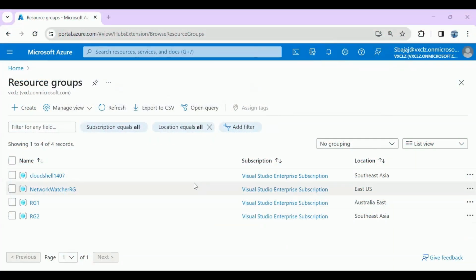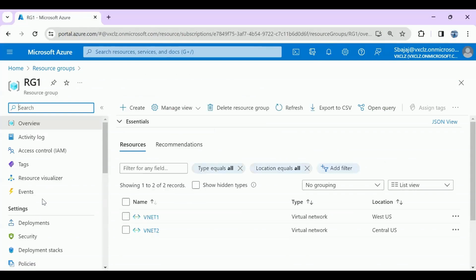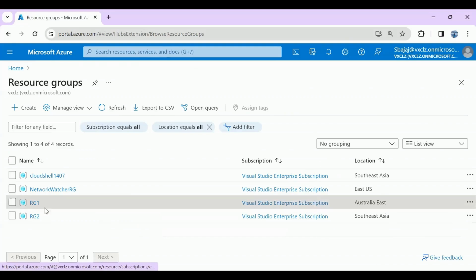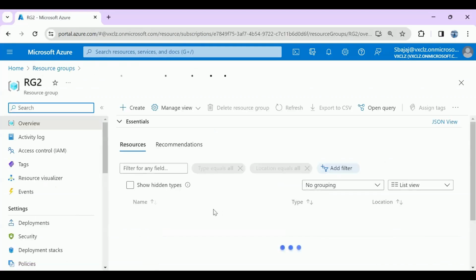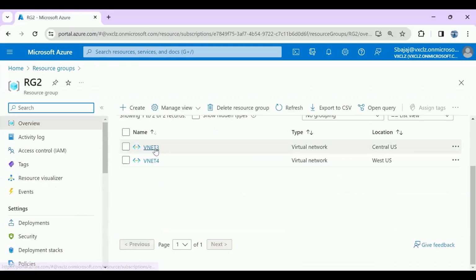So friends, to validate the answer, what I have done here is I have created 2 resource groups with the name of RG1 and RG2. And as per the question statement, RG1 has 2 virtual networks created by the name of VNet 1 and VNet 2. And similarly, based on the question, VNet 1 is using West US location and VNet 2 is using Central US location. Now, if we go and look at RG2, I have created 2 virtual networks here as well